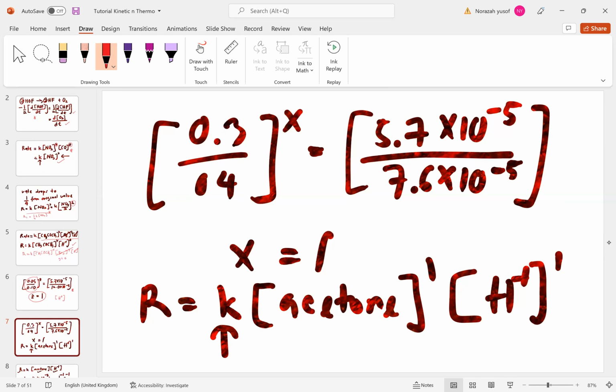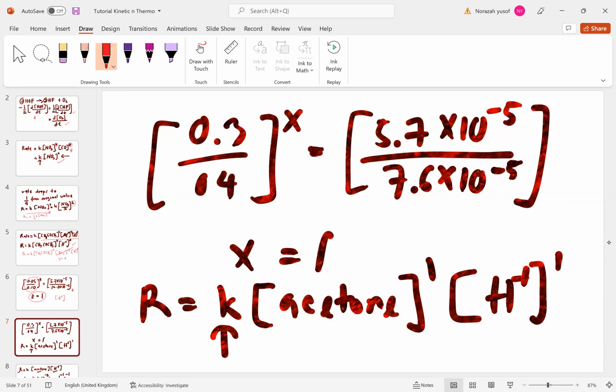So kita kata, let's say we take, alright, row 3, 0.3 dengan row 5. Kenapa kita ambil tu? Row 3, betul. Tak boleh. Row dia kena mesti sama. Betul lah. Row 3 dengan row salah. Row 2, okay. Acetone row 2, kita tengok H plus 0.05 kan. So kita kena cari H plus yang 0.05 juga. Okay. So kita kena ambil row 2, acetone 0.3, H plus 0.05